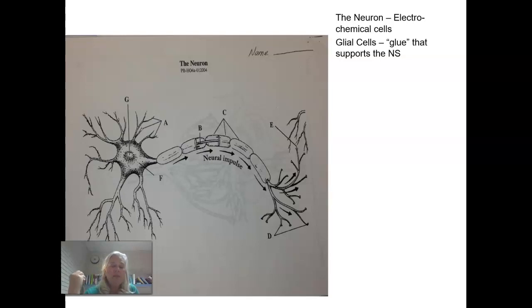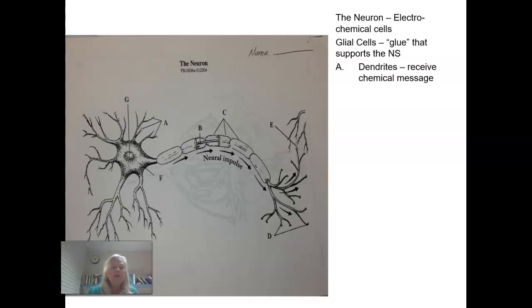It used to be thought that glial cells really didn't have much of a function in the brain or the nervous system, but now people believe that glial cells are actually quite important for the functioning of our nervous system. In fact, a particularly aggressive sort of brain cancer called a glioblastoma is a genetic mutation of the glial cells. So we know that they have an important function. We don't know what all the functions of the glial cells are yet, although it is being investigated.